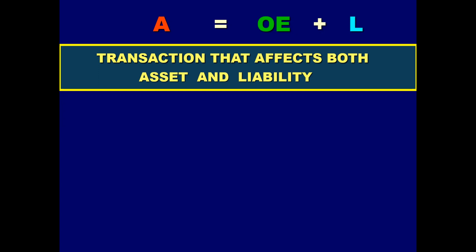This is the matching concept. This is the equation. Each transaction, purchase of choli dress, rupees 5,000, affects a minimum of two items. One, your money goes out, and another, the choli dress comes in. This is the equation.